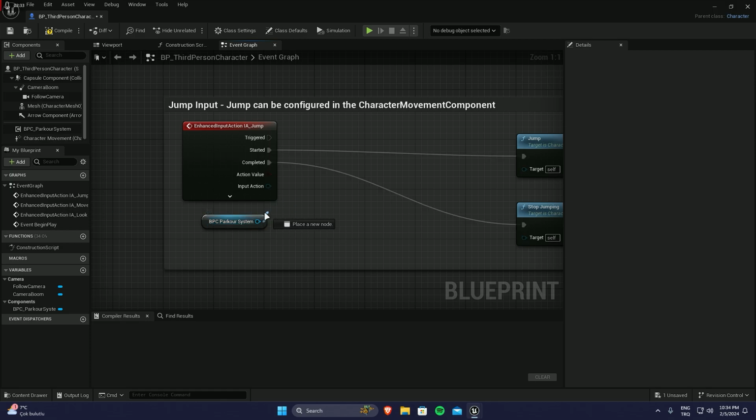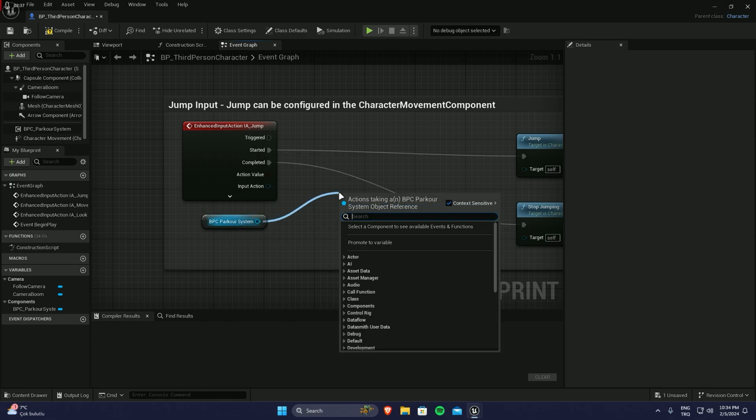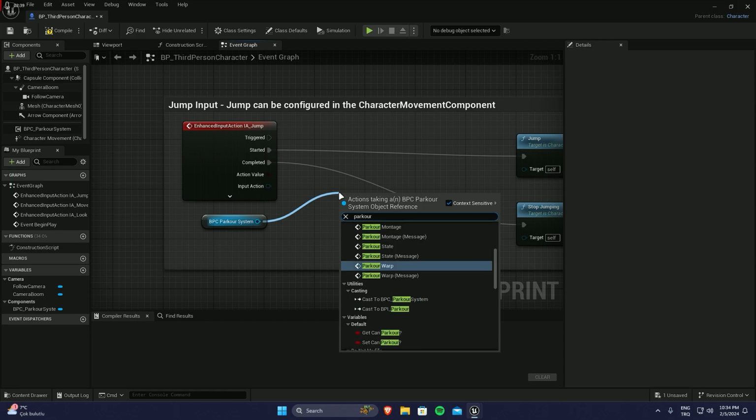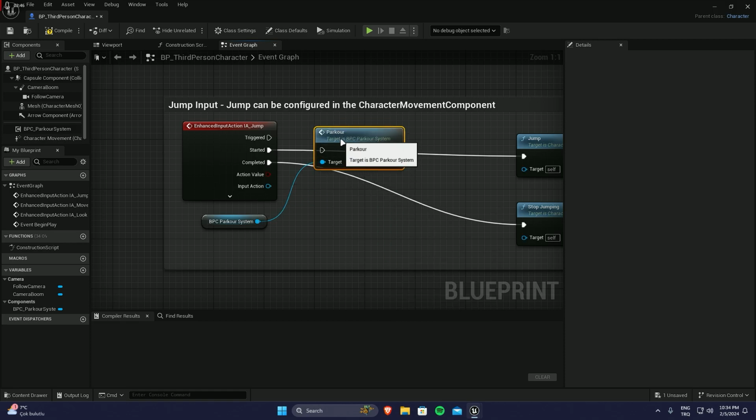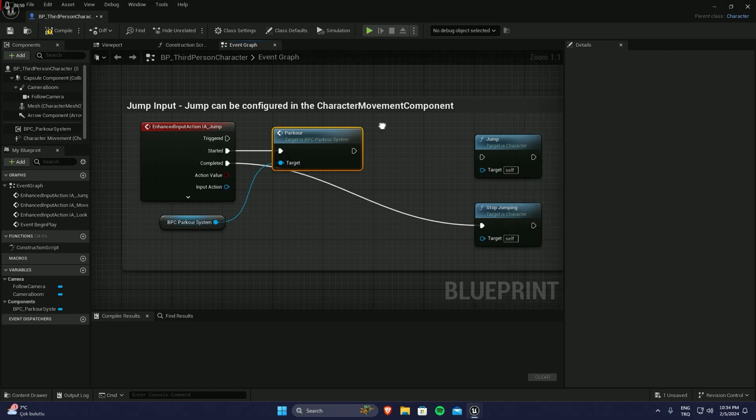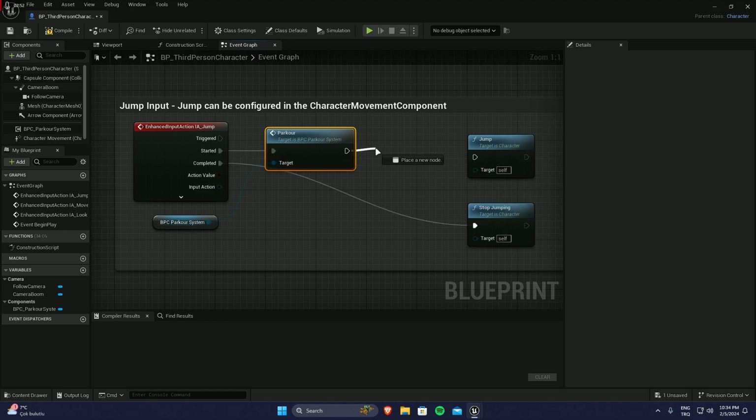From the parkour system, the BPC parkour system here, I'm going to drag from here and search parkour. This function, the first one, just says parkour. I'm going to drag this, and here I'm going to connect this to the started part, and from here I'm going to create a branch,